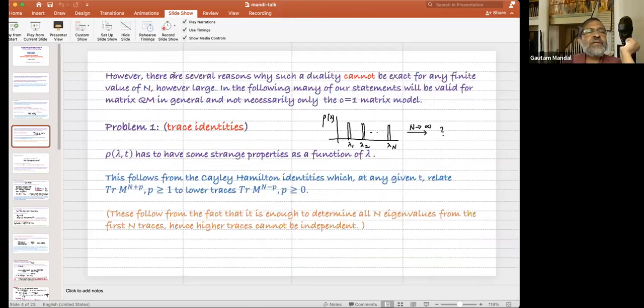But what I'm going to say here is that there are several reasons why such a duality cannot be exact for any finite value of N, however large. In the following, many of my statements will work for matrix quantum mechanics in general and not necessarily only for the c=1 matrix model. What are the problems with the density variable description of a matrix quantum mechanics? One is that this rho of lambda and t, the density variable, has to satisfy